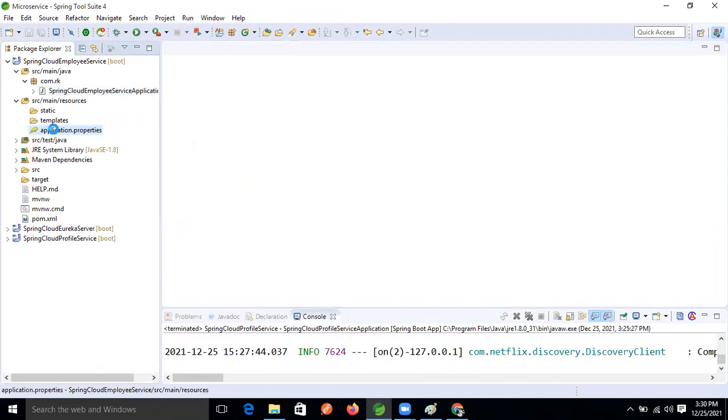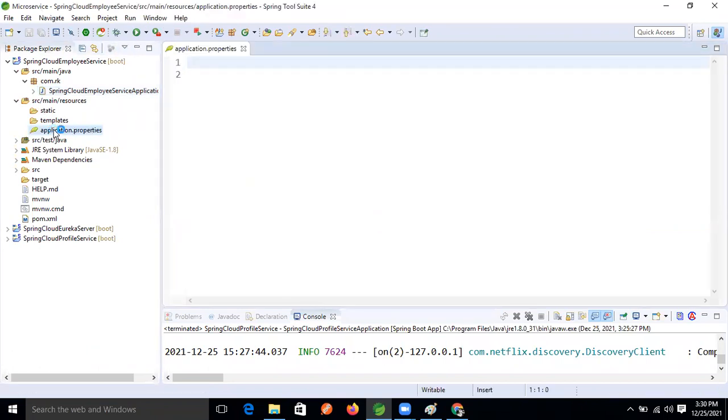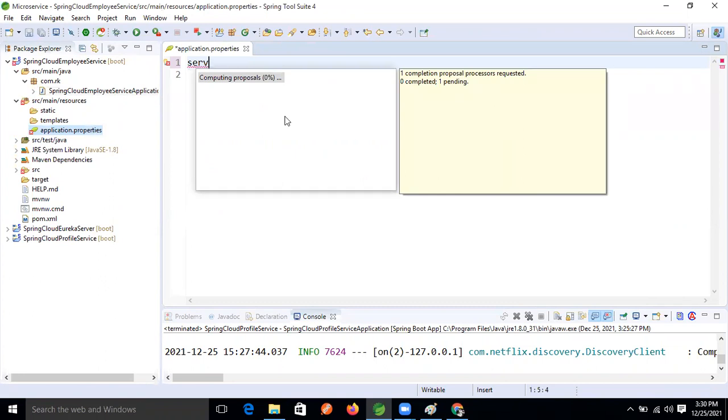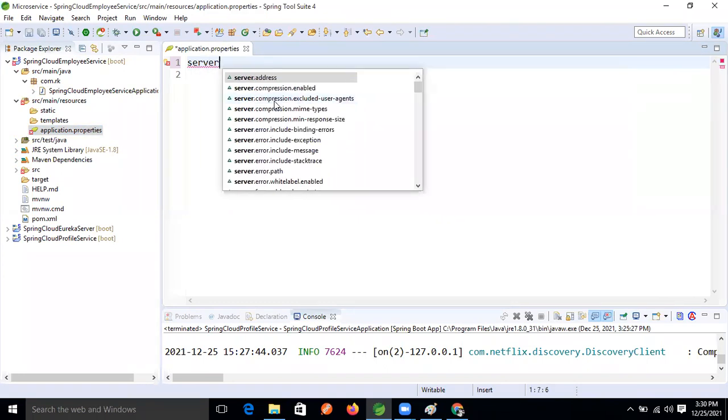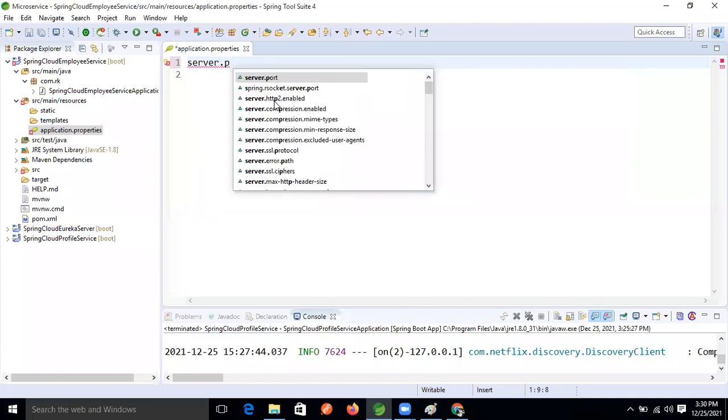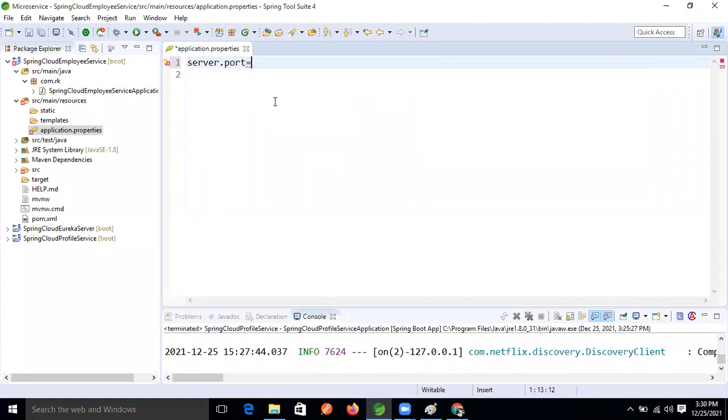Port number. So let's take server.port, and let's take the server port 8896. After that, let's take the service ID.